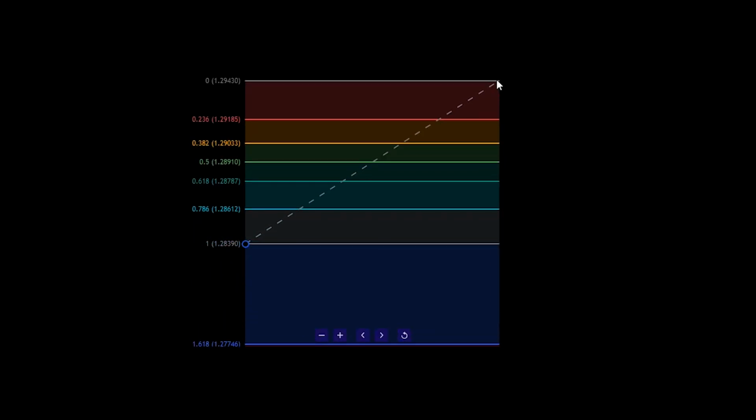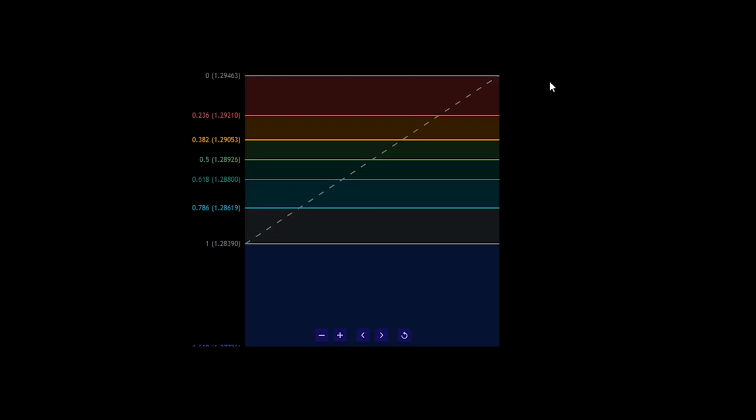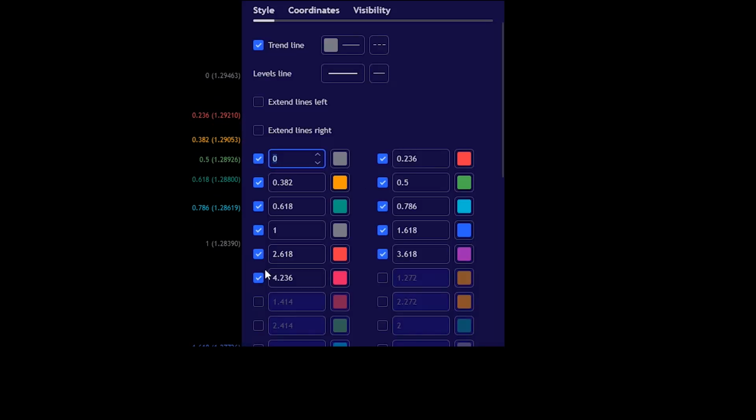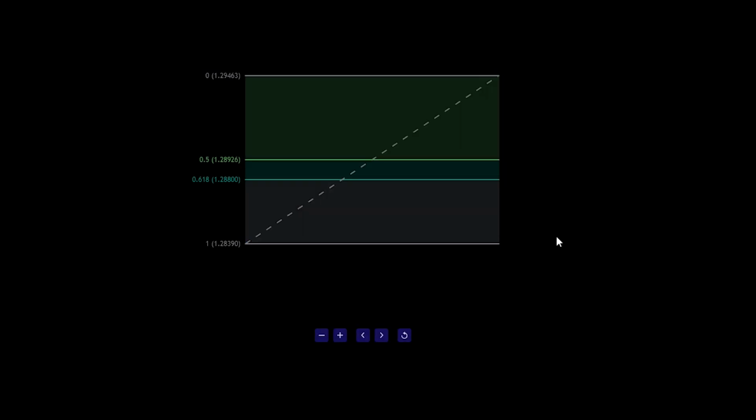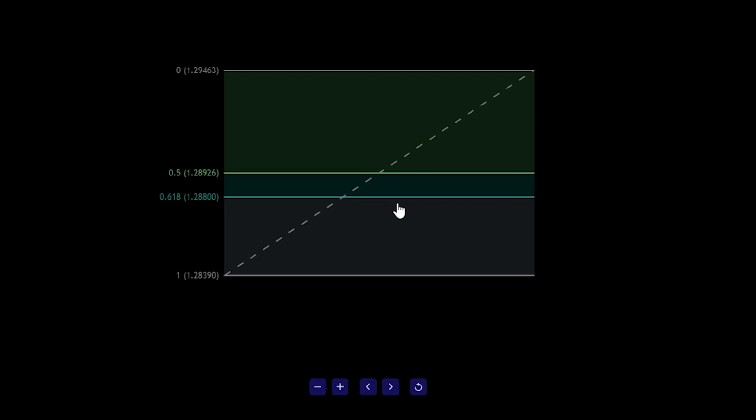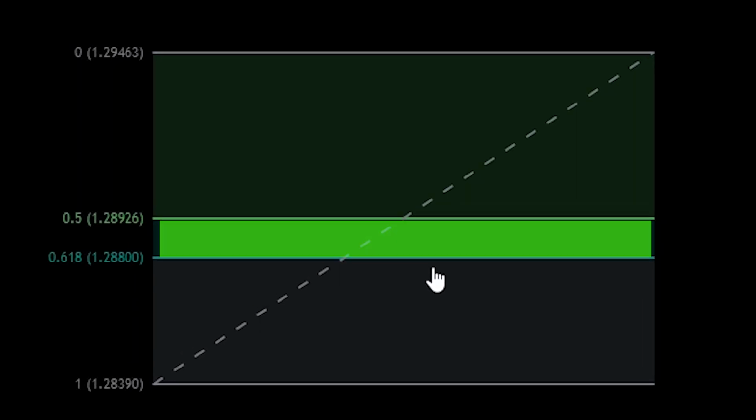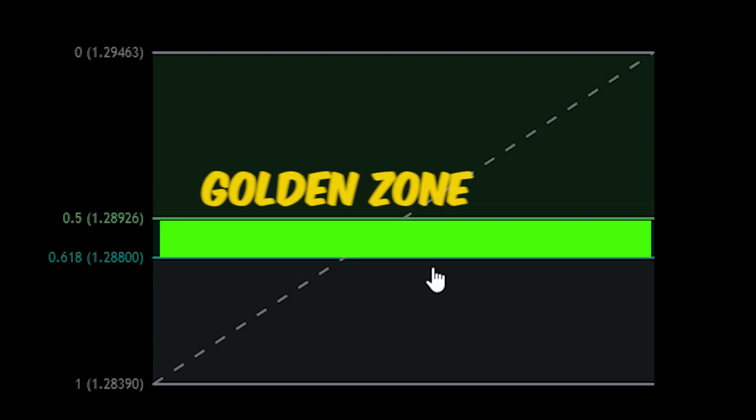Fibonacci is recognized as one of the golden tools in the trading world, yet many traders lack the knowledge to use it professionally. Most traders rely on various Fibonacci levels, but professionals focus solely on the golden zone. The area between 0.5 and 0.618 on the Fibonacci scale is referred to as the golden zone because it represents